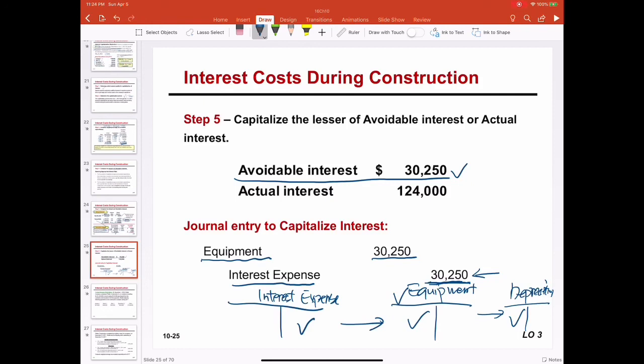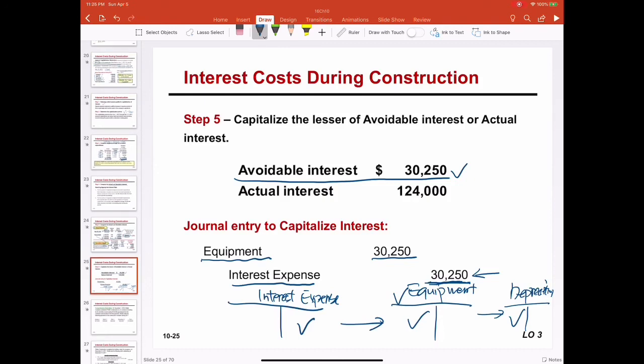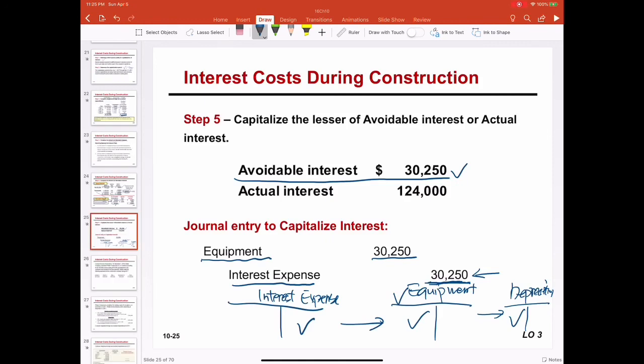Capitalizing overhead, and specifically the interest cost, is because this is part of the expense necessary to prepare this equipment for use. There is another similar example in the PowerPoint. You can go through it as a practice. In that example, the capitalization period is multiple years rather than 1 year. So go through that example to see how the firm recognizes the interest cost as part of the value